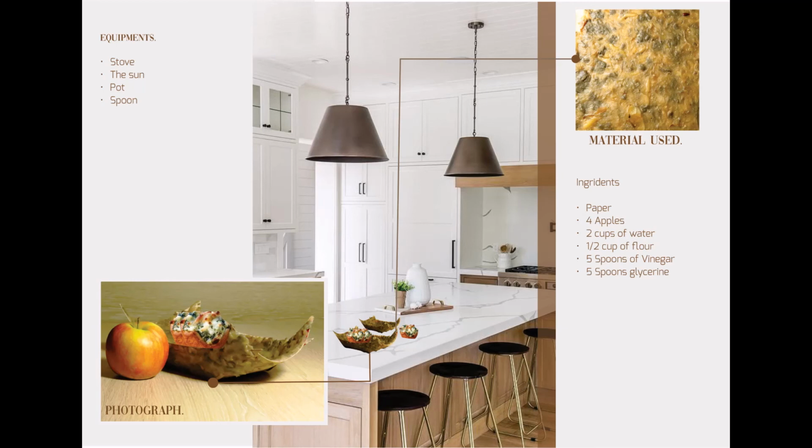water. You need stove, you need pots, also need something to stir your materials while they are cooking, and you cook for like 3 to 5 minutes depending on which heat your stove is at. And when you are done with this material, make sure that you roll it flat, make your material a sheet,